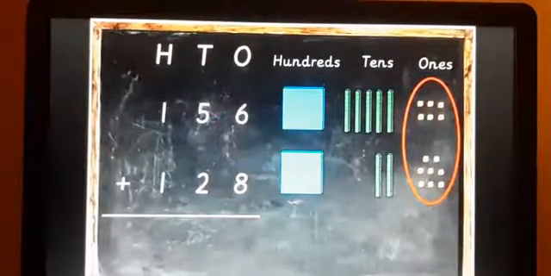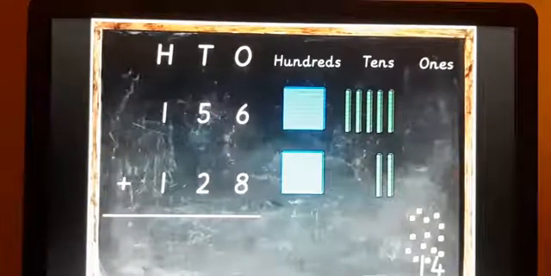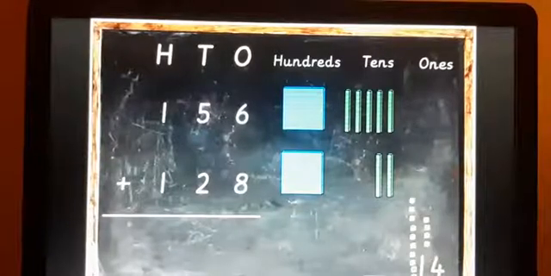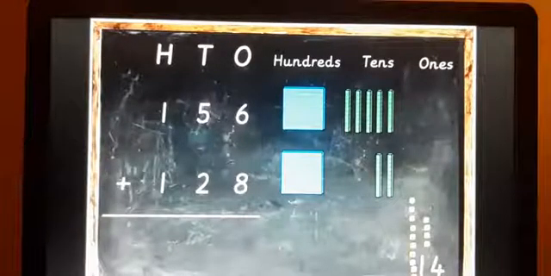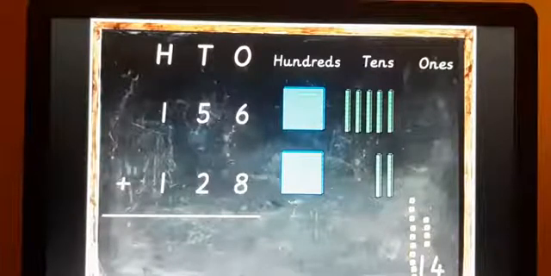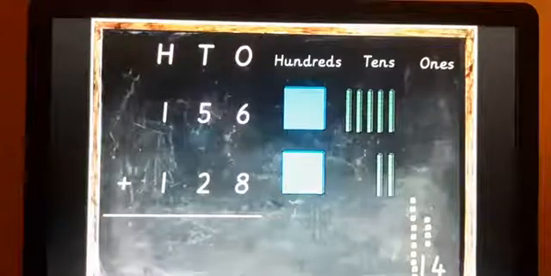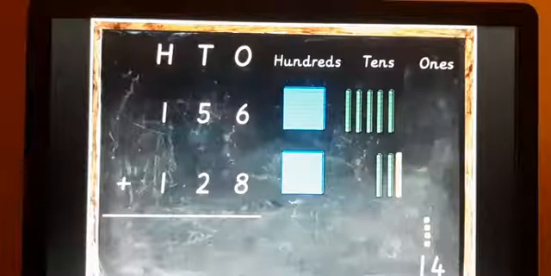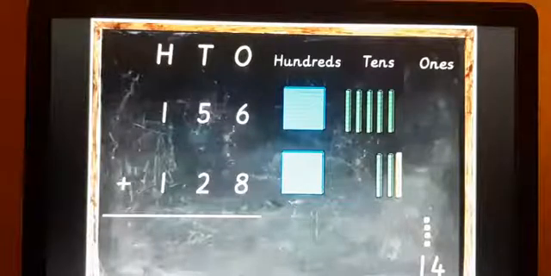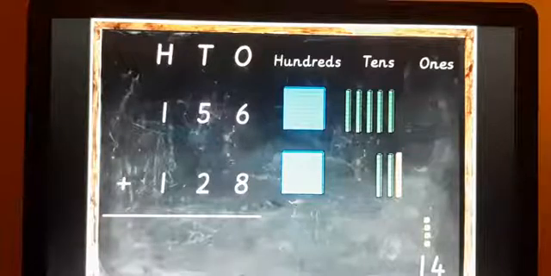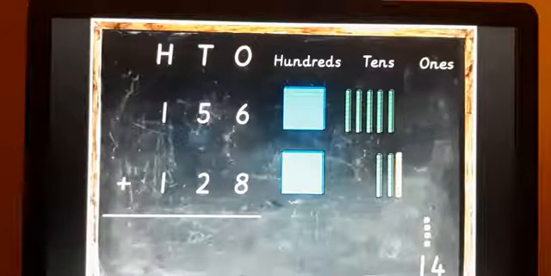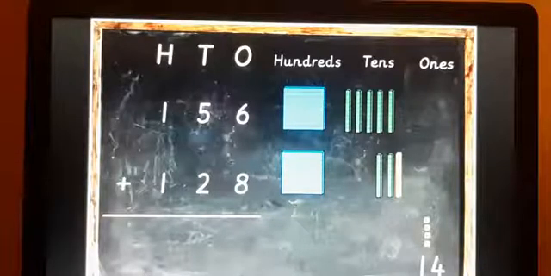See, the circled ones you have to count. So what did you get? 14 there. In this way you can put it in a rough column and count, or if you are familiar with finger counting, you can do the finger counting. So what happened? 4 is in the ones place and 1 is in the tens place. All the values of 10 became one stripe, so it went to the tens place. A full set of 10 square units became the tens place, so it is shifted to the tens place. You can see beside it went green, because 4 is the ones place, so it is left in the ones place only. 1 is in the tens place, so all 10 values went to the tens place.